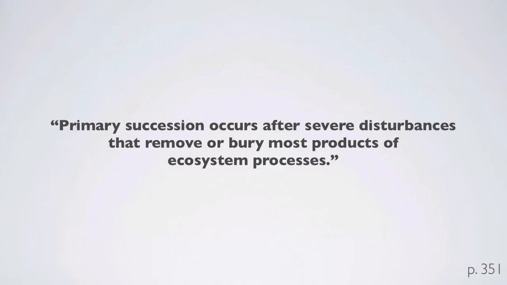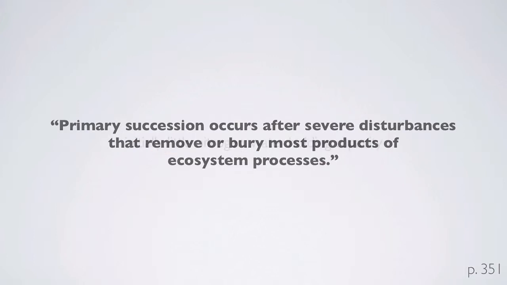Primary succession occurs after severe disturbances that remove or bury most of the products of ecosystem processes. So in our case for Mount St. Helens, that was a case where revegetation was starting with soils that hadn't had any biotic inputs. And that was a pretty severe disturbance, and that led to burial of most of the products of ecosystem processes, but others were removed due to